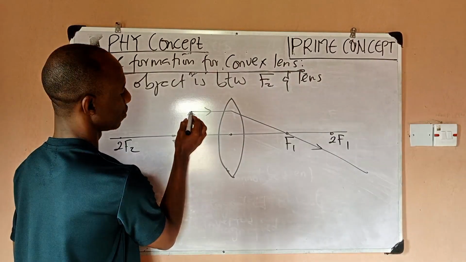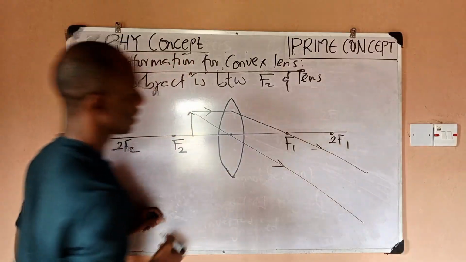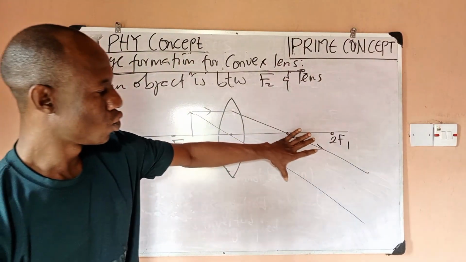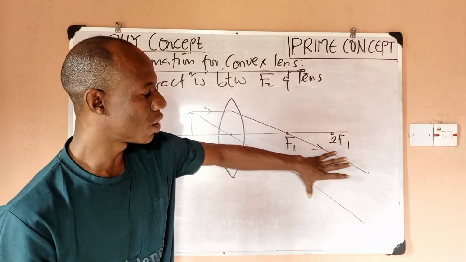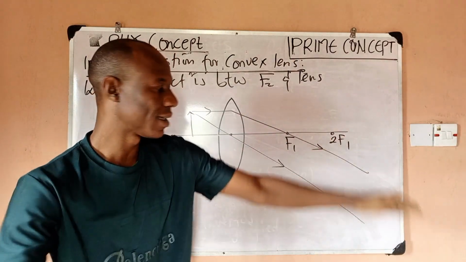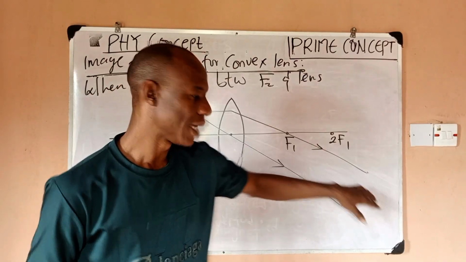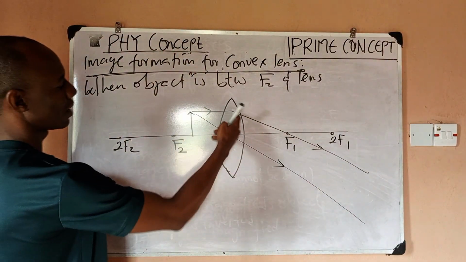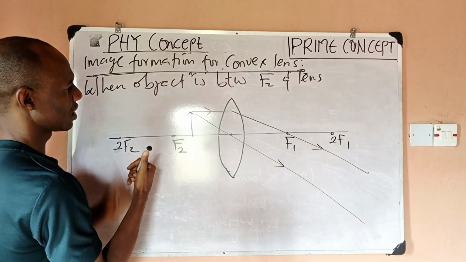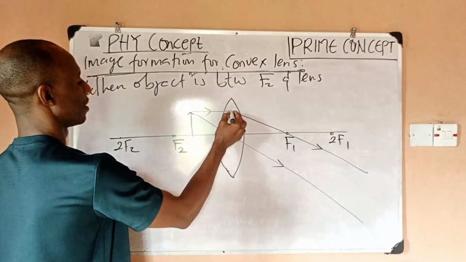Now, when it goes through, you would notice that my two refracted rays are actually diverging, right? They will not meet at any point. They are separating. So it's obvious that they won't meet at any point around here, and they are not even parallel. So what it means is that if I take them backwards, I will get a point behind where the two lines would intersect. So if I do this,